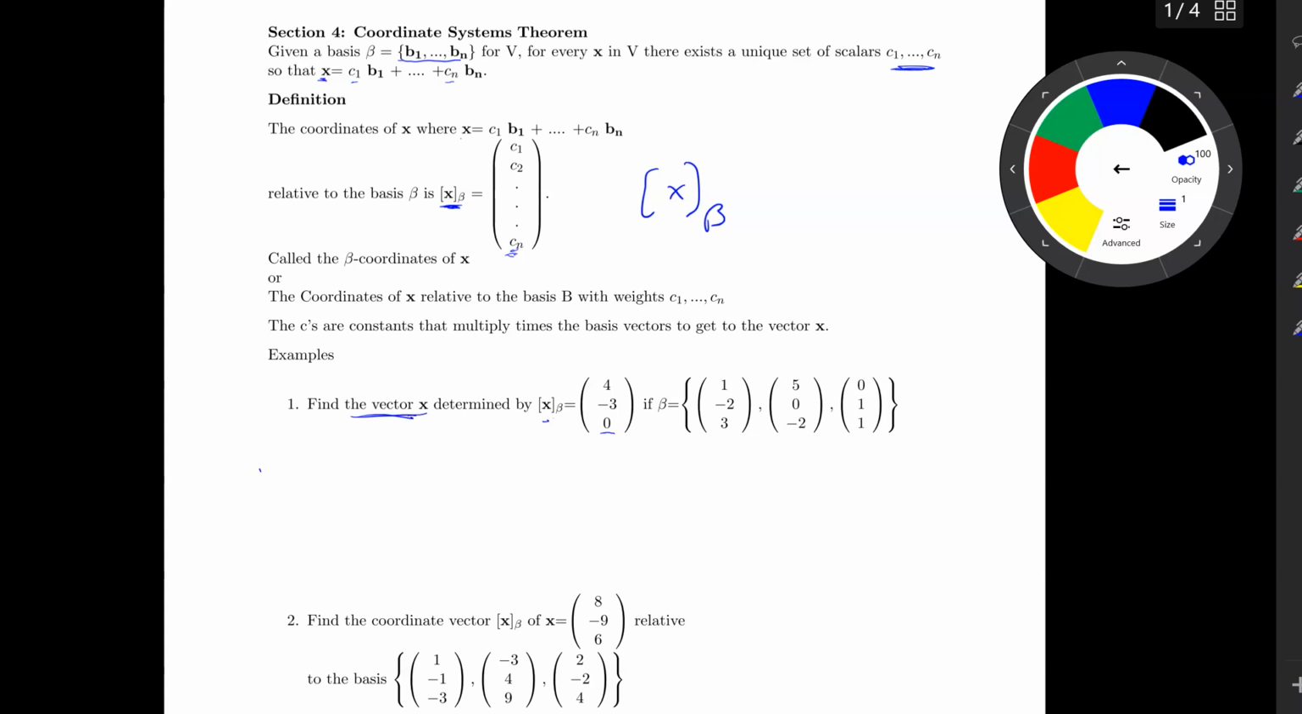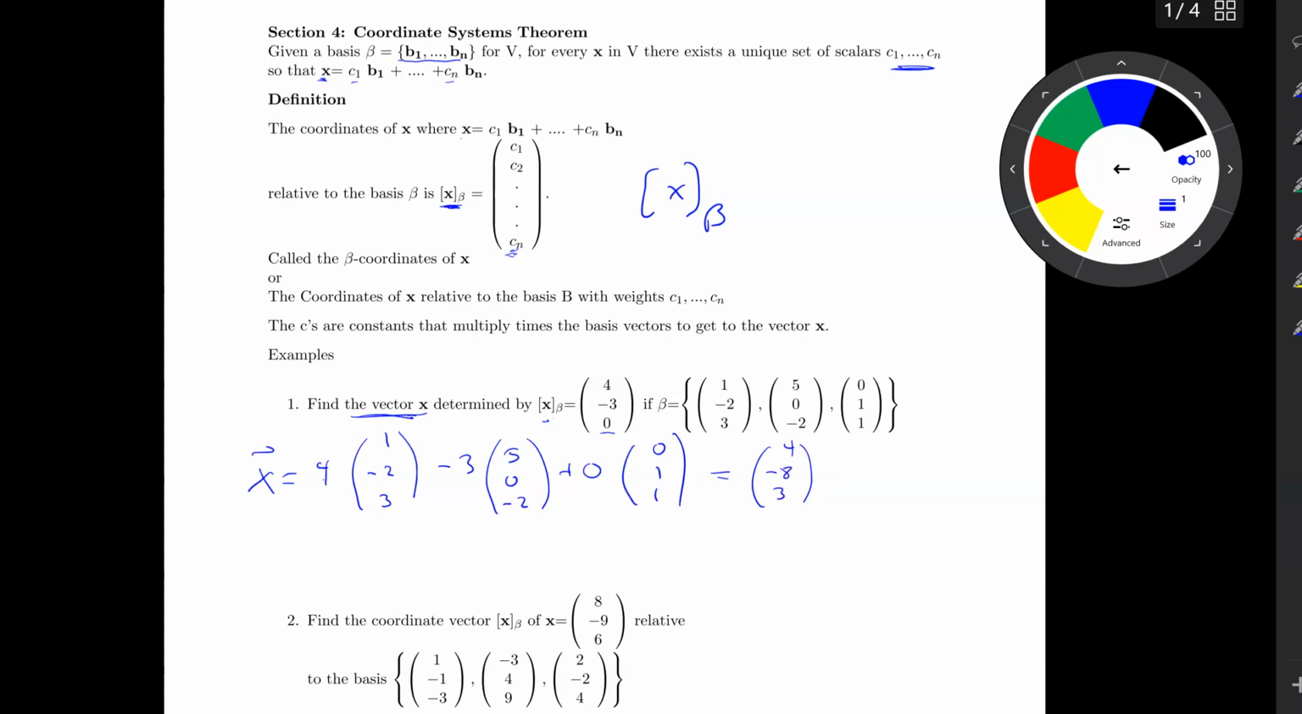So we're here asked to find what the x is. So the vector x will be this number 4 times this first basis vector, this number 3 times this basis vector, and then this number 0 times this basis vector. So just putting it there for effect. It's not necessary to write all that out, but that's what the vector is with these beta coordinates. So if I just put those together, so I get 4, negative 8, 3, no,